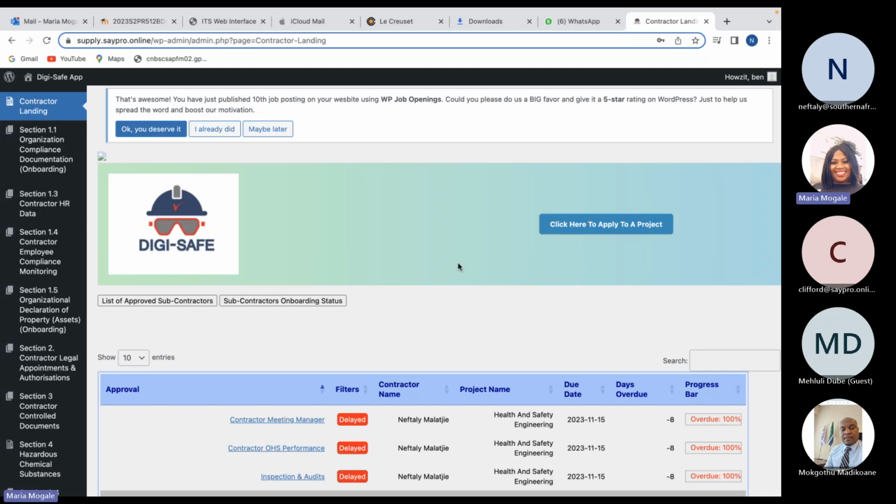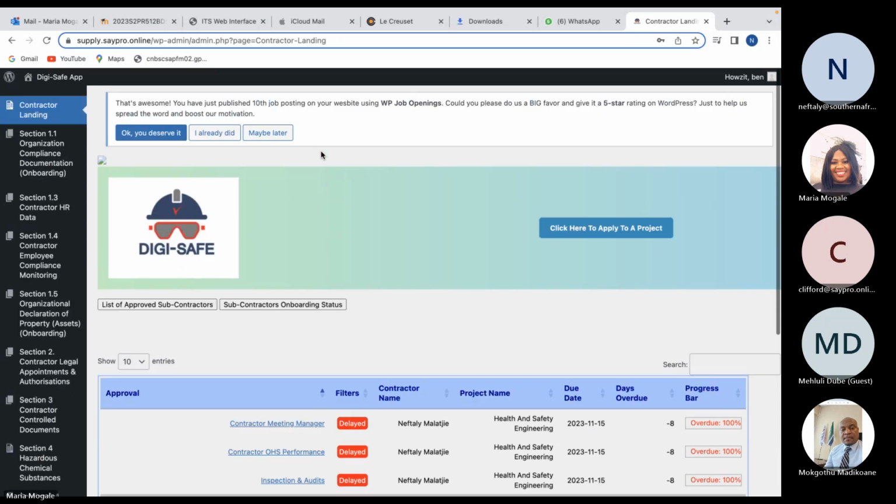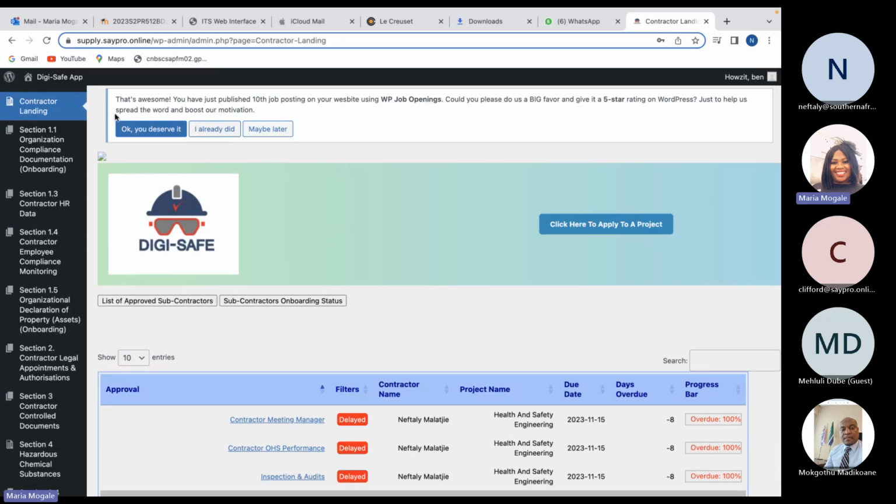Then I'm able to go to that form, open and check what has been sent to me. Before the sections, remember you would have sent that with the sections, so I want to see what you've sent to me.